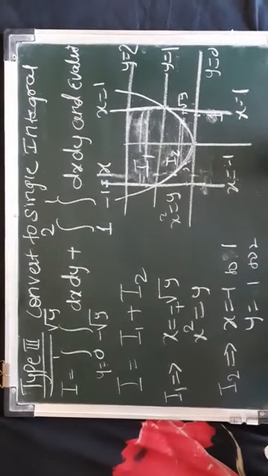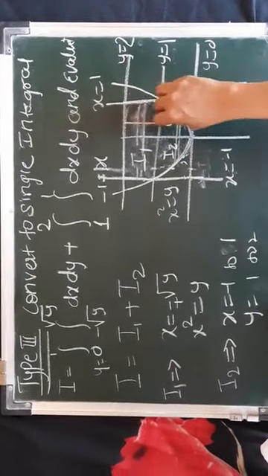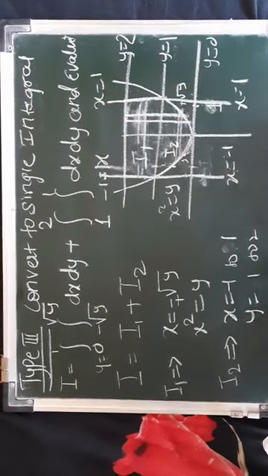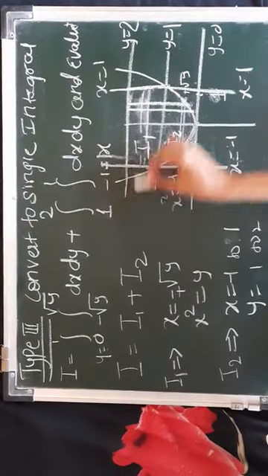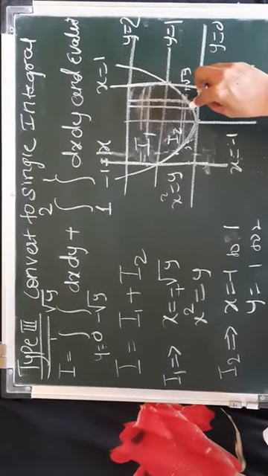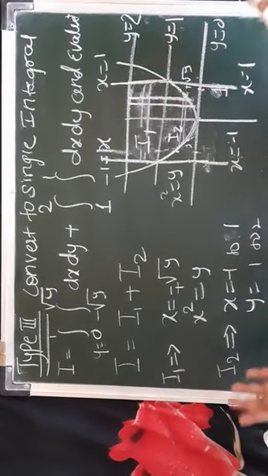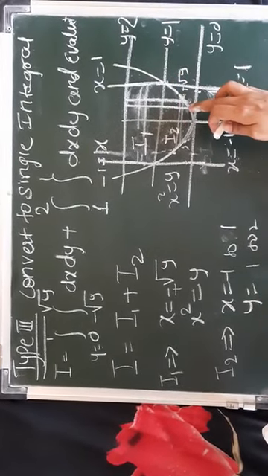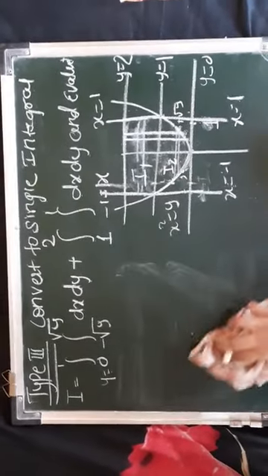But now I have to convert this entire thing to a single term. So what I will do, I won't consider a horizontal strip, I'll consider a vertical strip. You just see, you move it throughout, the lower limit will always be a parabola and the upper limit will be y equals 2. So this division which was there will get joined together and I'll get a single integration. So how do we get that single integration? Let me just write it down.